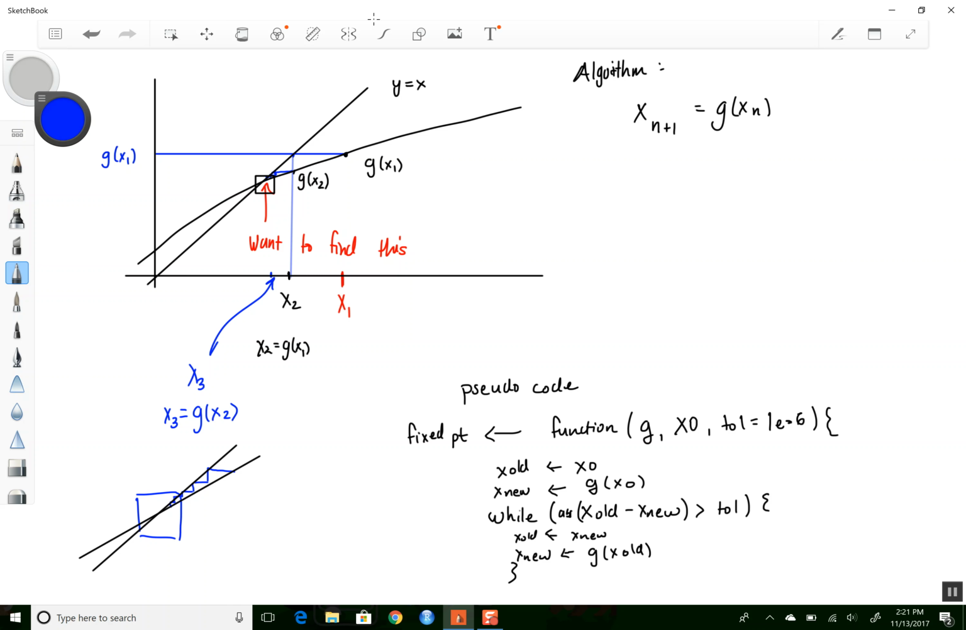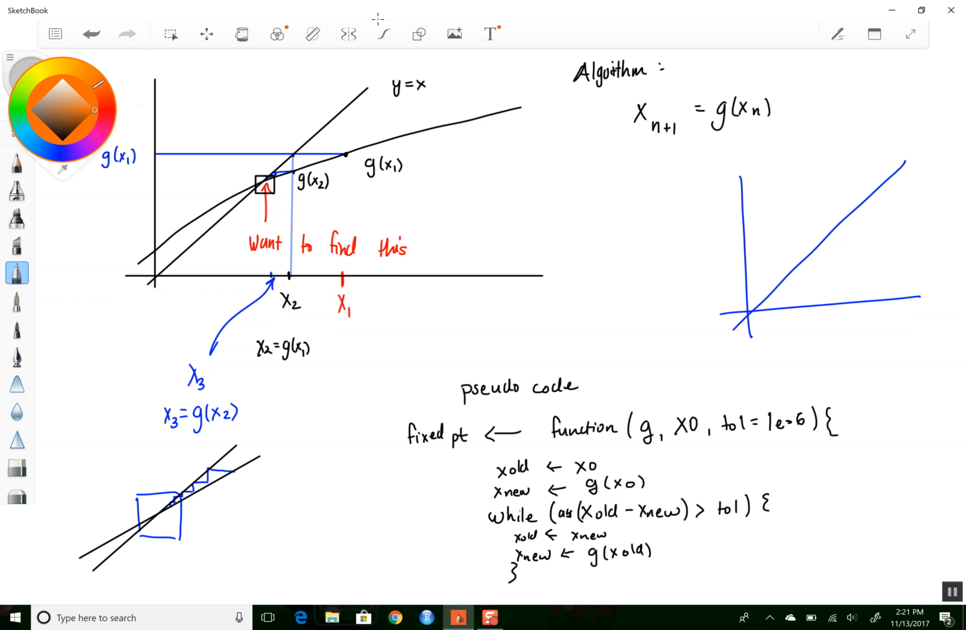So if I have this, and the actual point is, let's see, it goes like this, okay, and so here, if I plug in this value, if this is my x at time 1, and I say, okay, let's do g of x at time 1, that's going to be right here,